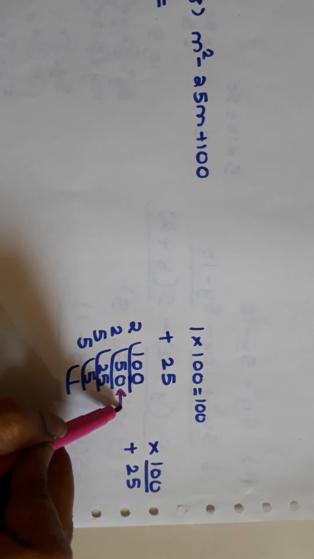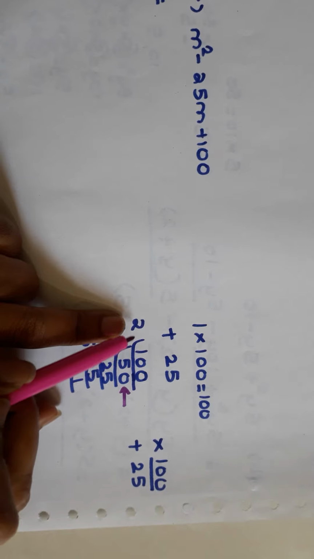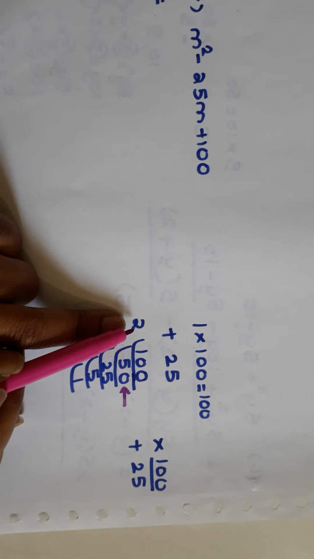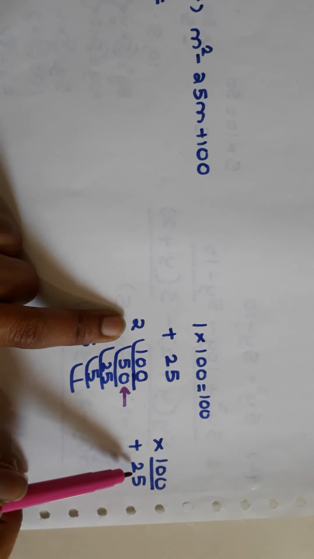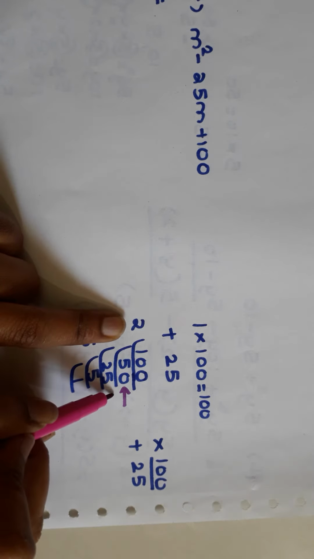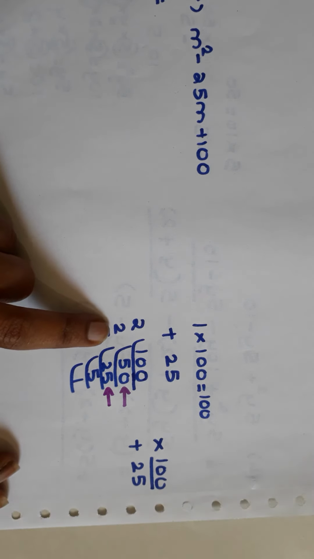So in this prime factorization, we will find two factors which on multiplication give 100 and which on addition give 25. So what we do, we start with the number next to 100, that is 50. And on the right hand side, we take the number 2. We start with 2. 50 into 2 is 100, but 50 plus 2 is 52 and not 25. We need 25. So take the number next to 50, that is 25. And take the number next on the right hand side, take the number next to 2, that is 2.